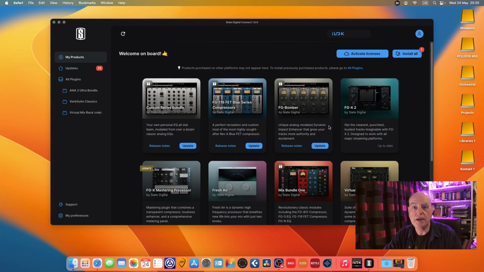Okay, so here we are. This is the Slate Digital Connect. Apparently I've got some updates to work up, and it's telling me I've got to activate my licenses. Well, I don't, because they're activated. So quite why it's telling me to activate my licenses, I don't know. I've also got to update